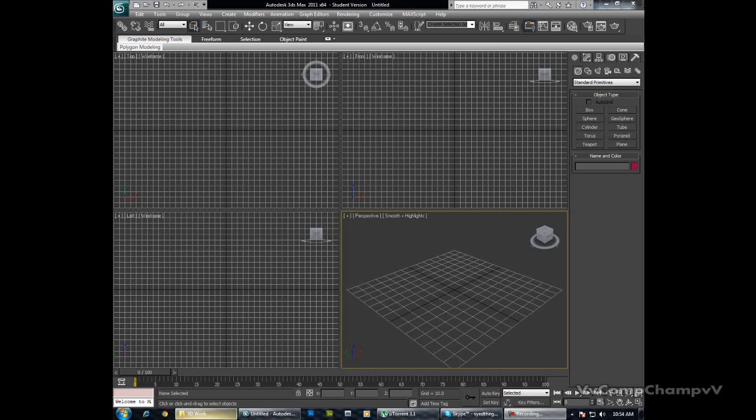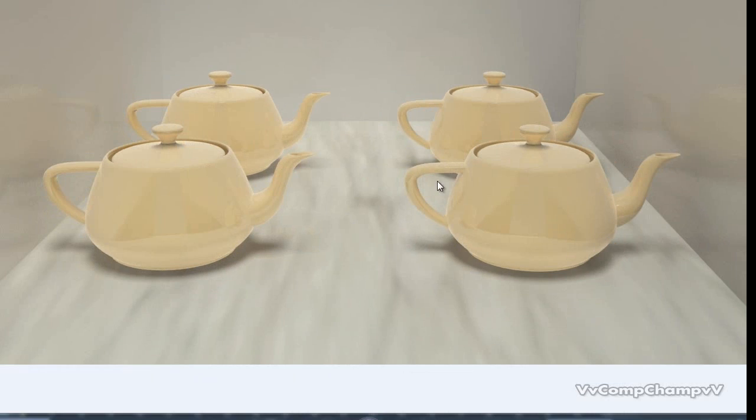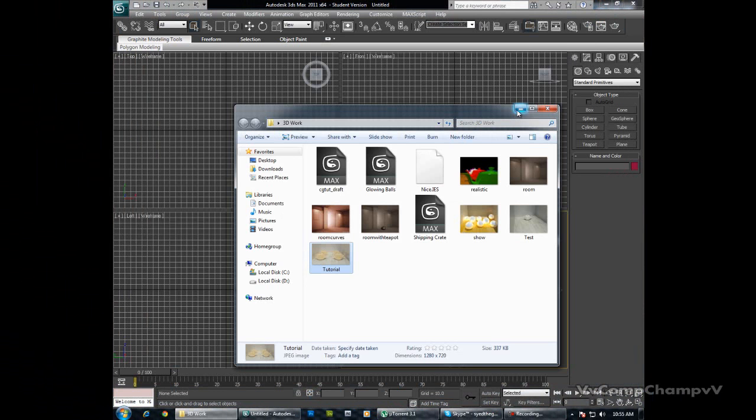So what we are going to create here is this set of teapots in a closed room with some good shadows right down there, and a good wall, a blurred kind of wall. That's really good. So let's go ahead in